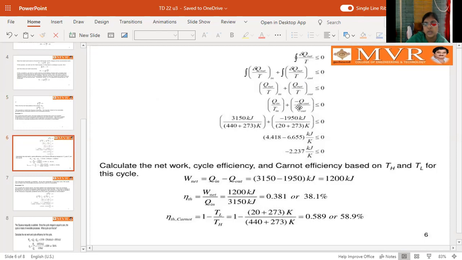So our Q net is negative. So Q in by T in plus Q out by T out, where Q out is nothing but rejected heat, is less than or equal to 0. Finally, what we have,